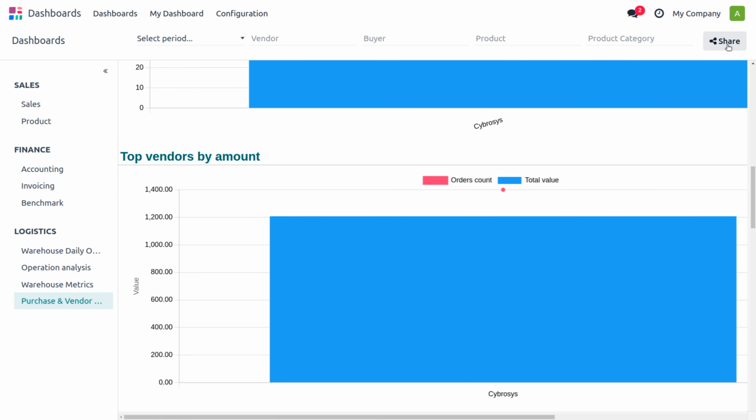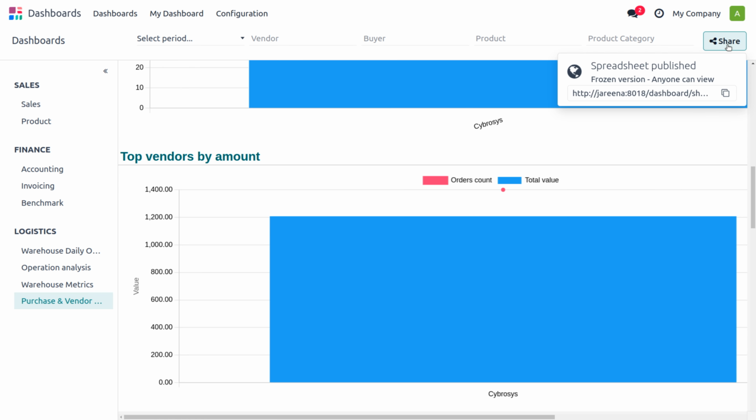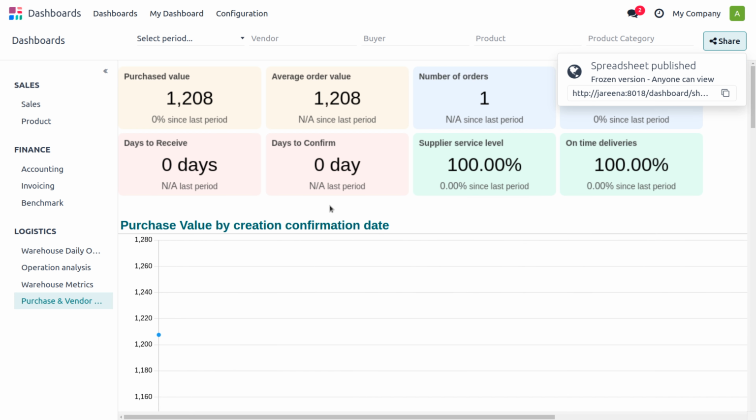And if you want to share all these details, we can easily share this with anyone by using the link. So you can simply copy the link and share it on the media that you want, and anyone can view this. Okay, so that's how we deal with the dashboard in Odoo. And if we install further modules, all the analytics and visual representations will be demonstrated under the dashboard, and this gives a crystal clear idea of the profitability and loss of a business.